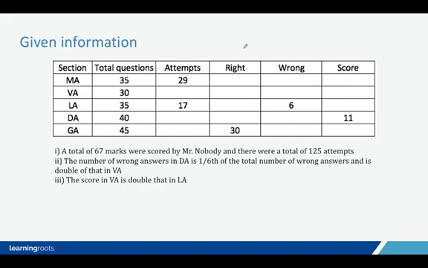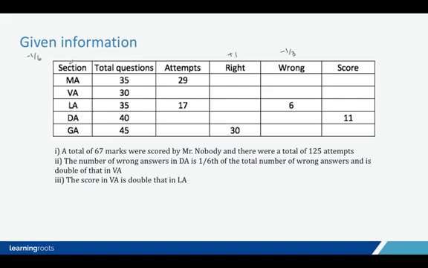So for every question that he gets right, he gets a +1. For every question that he gets wrong, he gets a -1/3. And for every unattempted question, which is not a part of this table, he gets a -1/6. Fine. And then he gets the particular score. There are some 3 or 4 conditions that have been given to us: 3 data conditions and 1 condition regarding the marking scheme of the entire test. Then we have to figure out what exactly will be the missing data from this table. And then we have some 4 questions to answer.